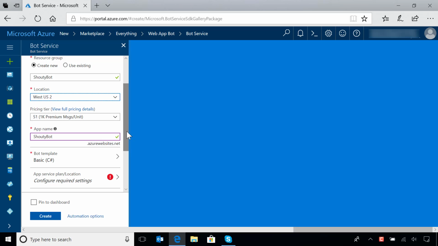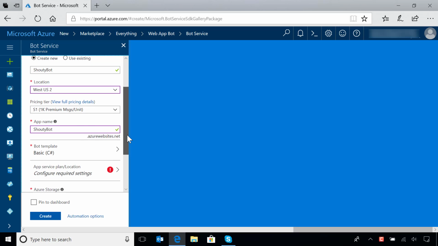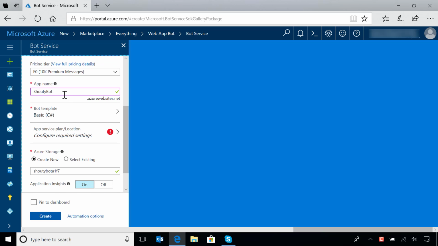data center. And I need to choose the pricing tier for this bot, and there's a number of pricing options available to me. I'm going to use the free one just because I'm going to test this out and play with it. And then I need to give it an app name. It's going to create an Azure web app to support this bot. So we have an app name there for it, which just takes the same name as the bot in this